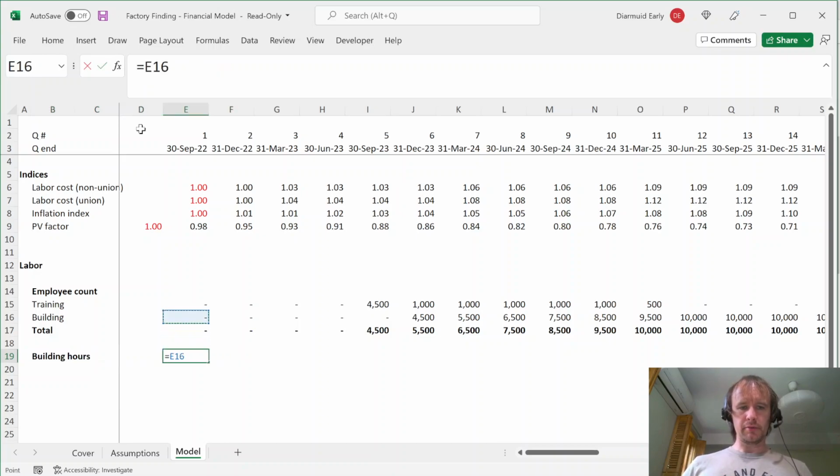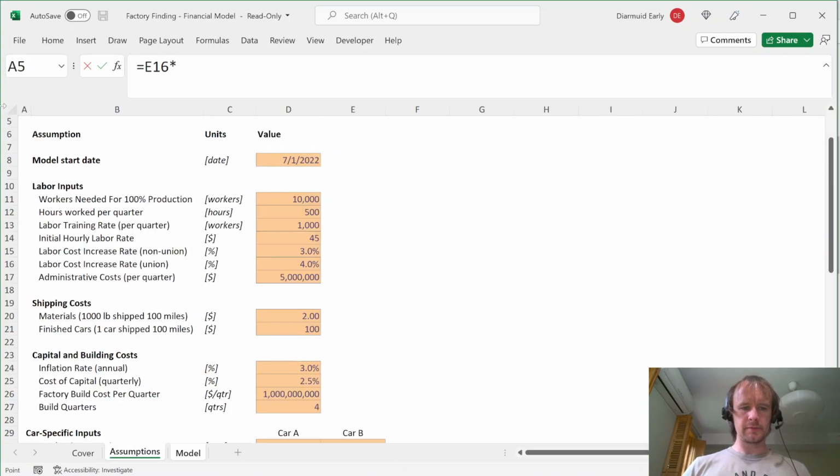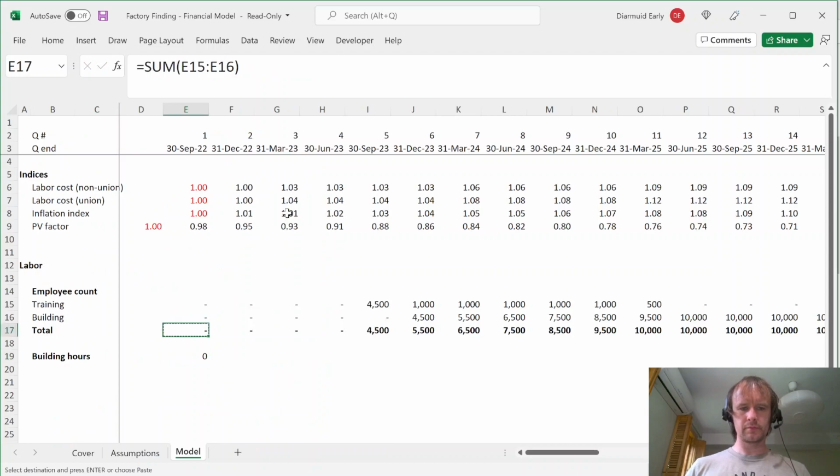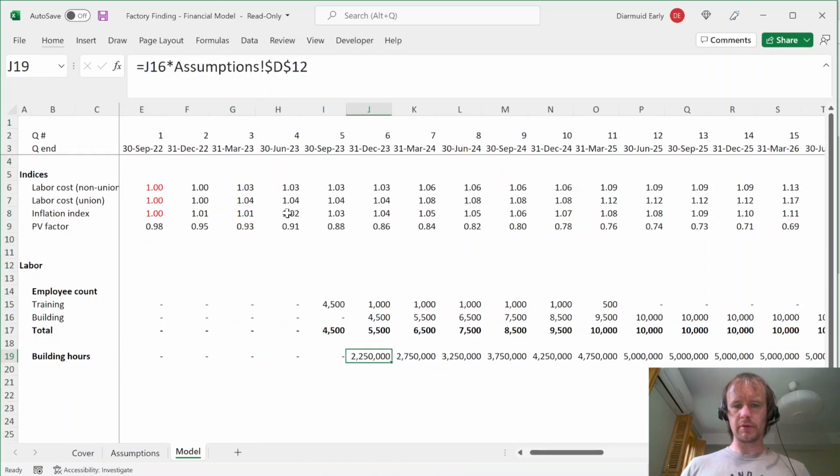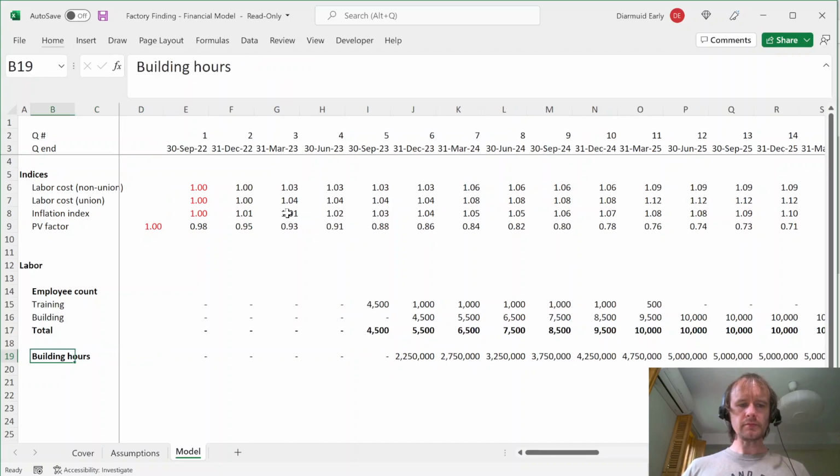And that's just going to be the number of people building, times the hours worked per quarter. I'll copy that format down again. So we'll end up with 5 million building hours per quarter, but we've got to ramp up to get there. And then